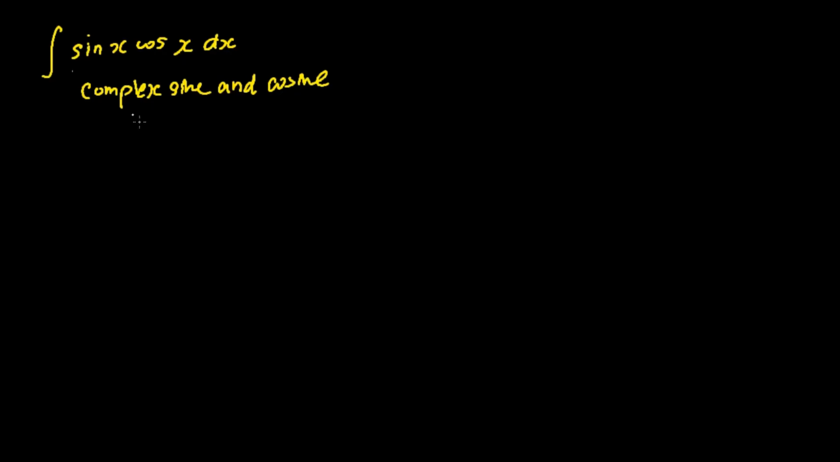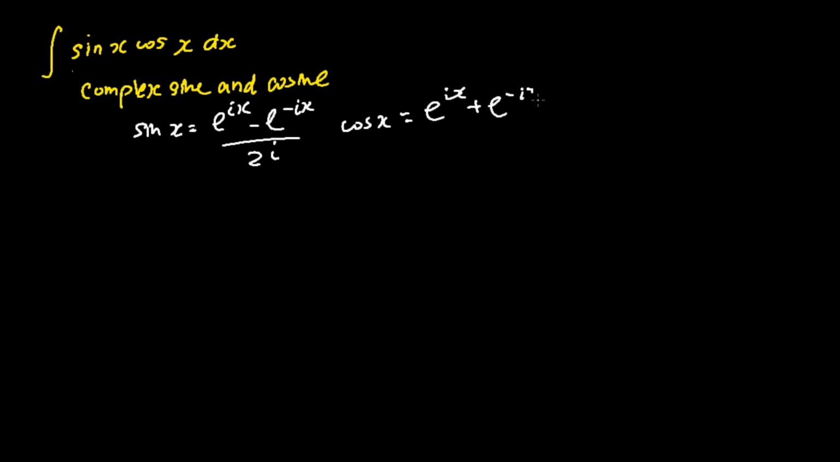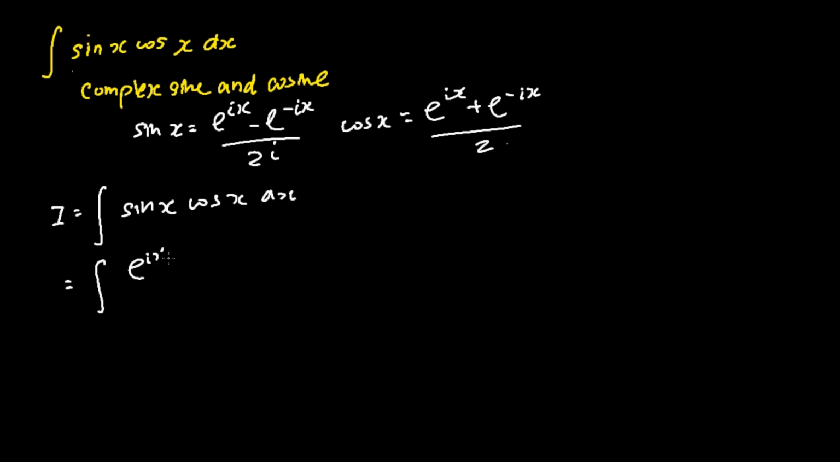We can also find the integration of sine x cosine x dx by first converting the sine x and cosine x into complex numbers. My sine x in this case will equal e to the power of ix minus e to the power of negative ix over 2i, while my cosine x is basically equal to e to the power of ix plus e to the power of negative ix over 2. And hence I can convert my sine x into complex sine, which is as follows, and my cosine x as,